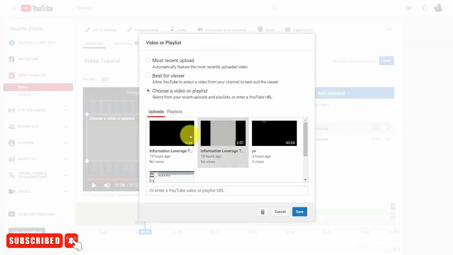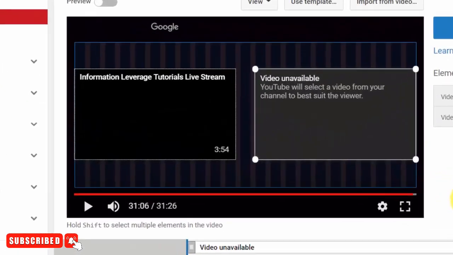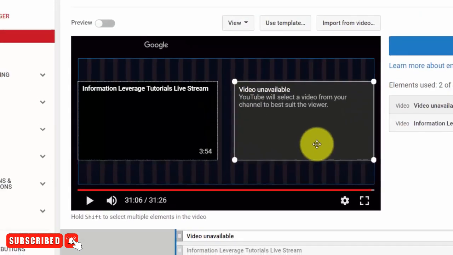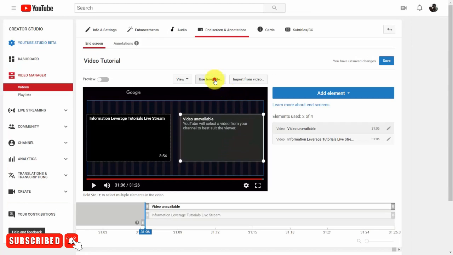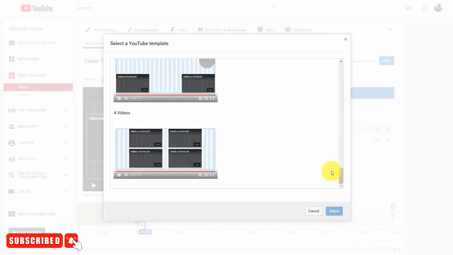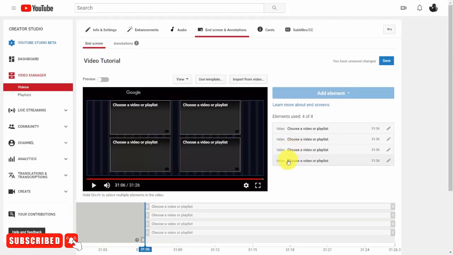So we click inside, get one of the videos we want. Now when we do that, then YouTube is going to select the other video. You can go back to your template and you can actually create other views, including for videos. Now in this particular case, we're going to replace our current screen.